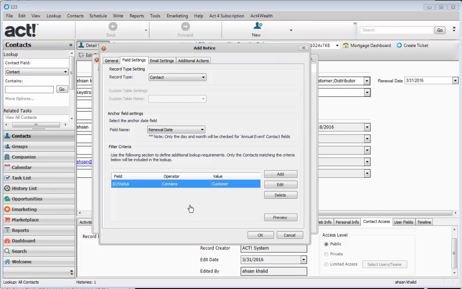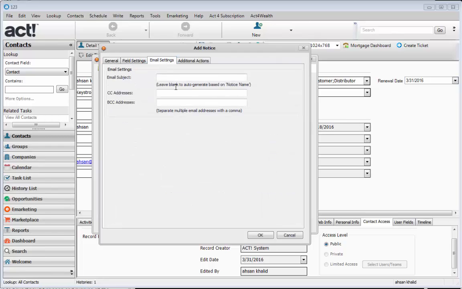So now the other thing we need to do is click on the email settings tab and give it a subject. I'll simply type in renewal notice, and for the bottom 2 fields you can actually add your own email address if you would like to copy yourself on the email that goes out, and I would recommend that you do